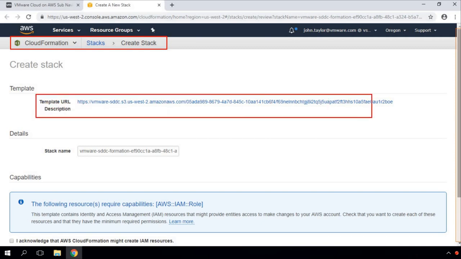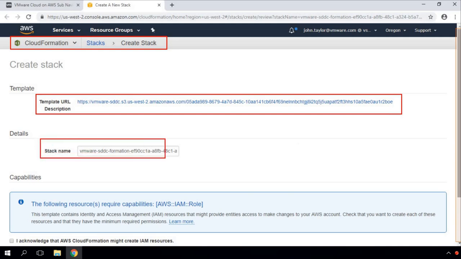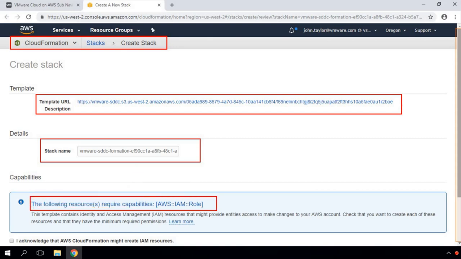That's the template description, you see that, and that's the name of the stack, VMware SDDC formation. And these are a couple of IAM roles which will be created as a part of this SDDC deployment or infrastructure bring up.